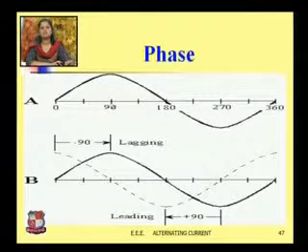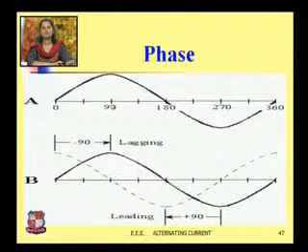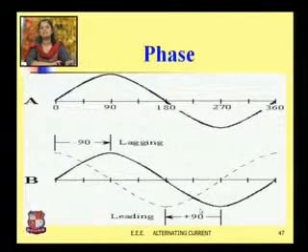So suppose you have to find the phase at this particular point, the fraction of the time period is 90. So it is 90 from the last passed zero value. The last passed zero value is over here, so your phase is this for this particular instant. In the same way you can find the phase at any instant. You have to consider the last passed zero value for the phase. As shown in the second figure, here it is 90 degrees lagging, and here it is 90 degrees leading. Lagging indicates that your waveform is lagging behind the reference voltage. Leading indicates that your waveform is leading from the reference voltage.